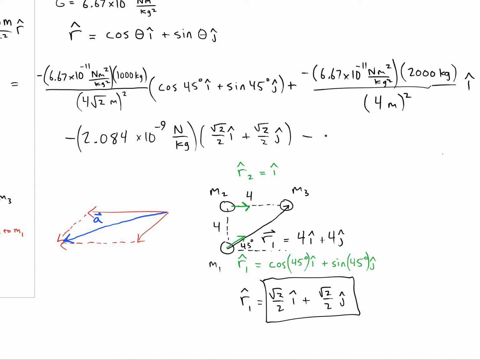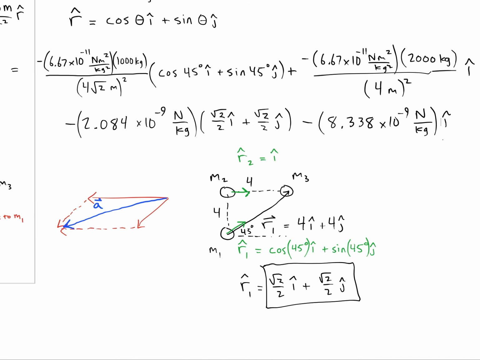This one I'm getting 8.338 times 10 to the minus 9. Yeah, alright, that looks pretty good. So I'm going to distribute this to both of those. And I'm getting 1.47